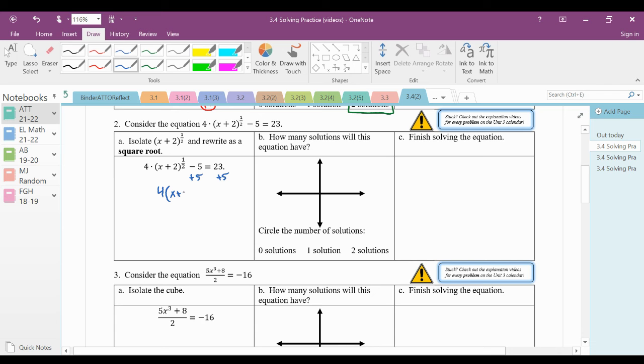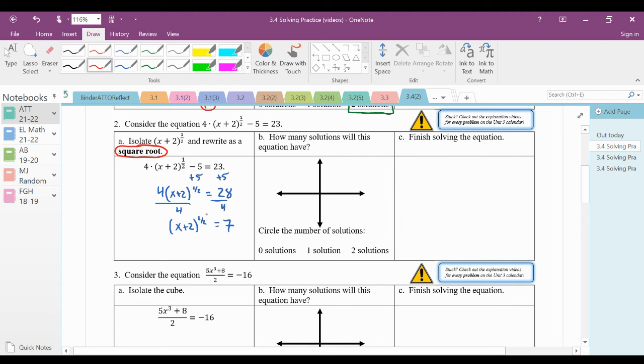Now I have 4 times the quantity of x plus 2 to the 1/2 is equal to 28. Divide by 4 to start isolating that, and we get x plus 2 to the 1/2 power is equal to 7. Now at this point, I have this 1/2 power, and we know that that can be rewritten as a